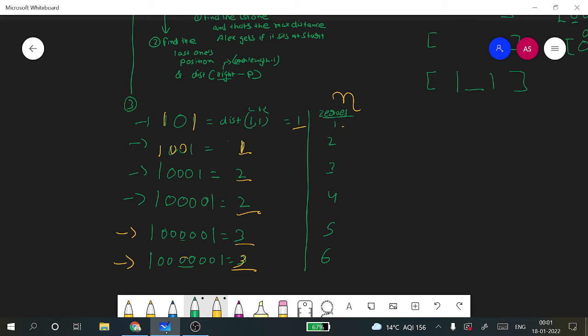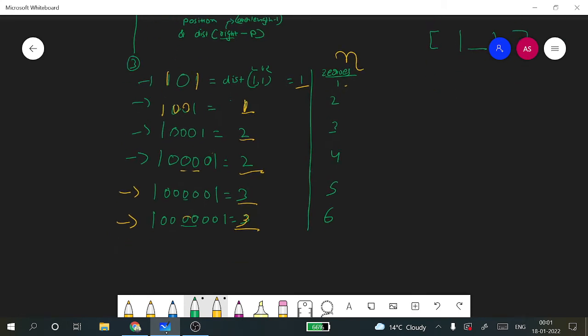Since it is odd, we will try to sit in the middle and the distance will be 2. Since it is even, if we sit here, then this is the distance 2, the minimum we can get, and this is the distance 2, so our answer would be 2. Again, this case is an odd case. If we sit here, then we will be getting a maximum of 3,